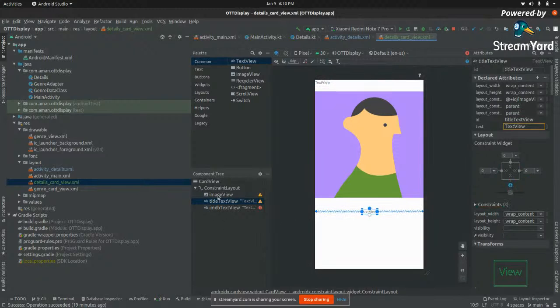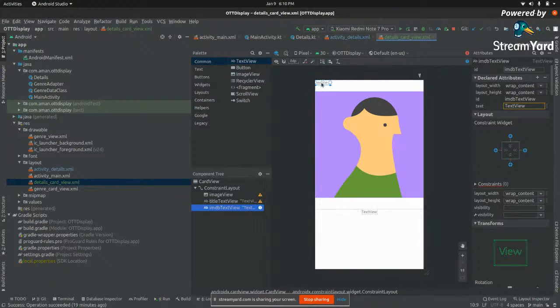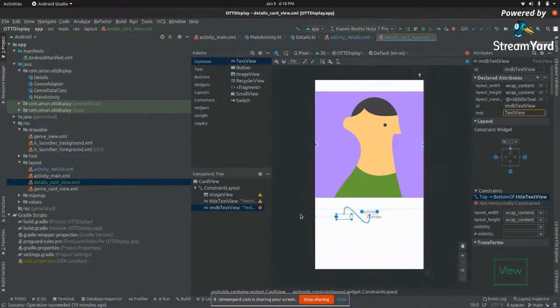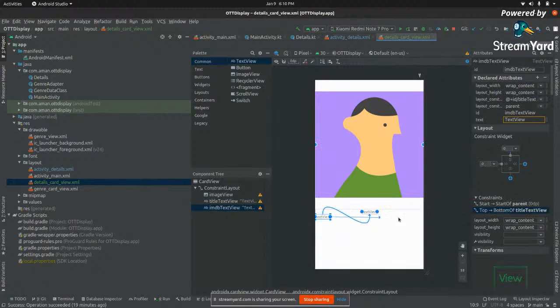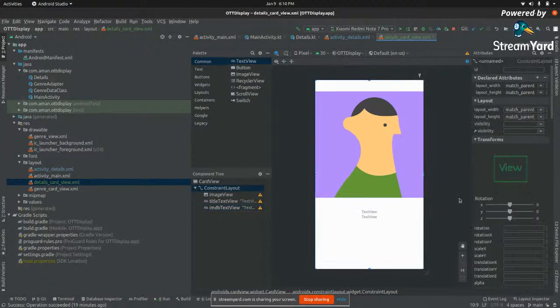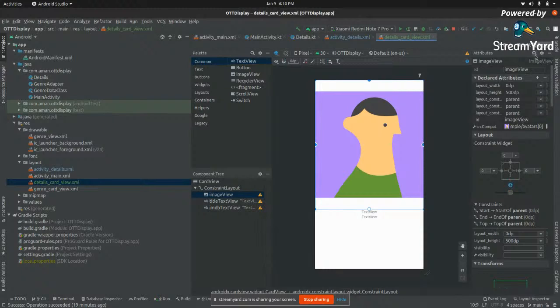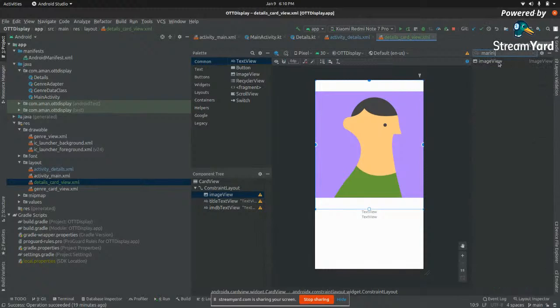Like this. And again for the IMDb, it will be below this title view, right? This will be it. And also we can have a bit of margin thing over here,